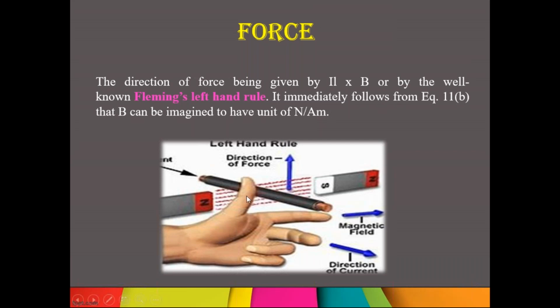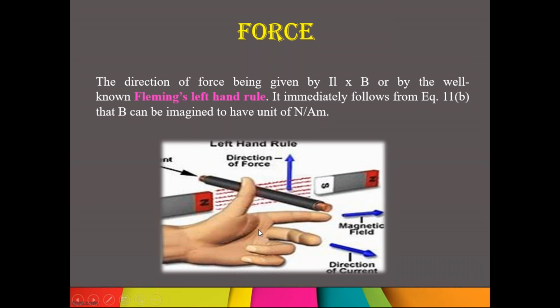If you observe this condition, the thumb indicates the direction of force, the forefinger indicates the direction of field, and the middle finger indicates the direction of current. F = BIL, right? Here the force depends on the current, so the middle finger is assigned to the current. So if you stretch your left hand fingers like this, the thumb will point in the upward direction, the forefinger in the straight direction, and the middle finger shows the current. Okay? So when you stretch like this, then you can decide the different directions and the force direction.